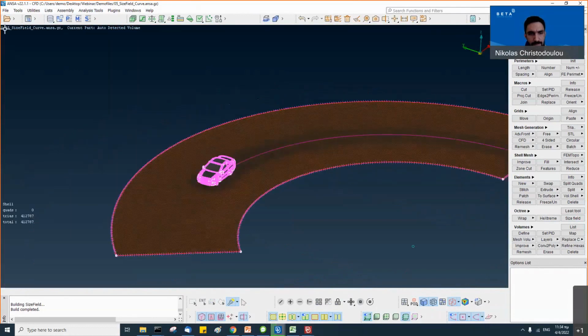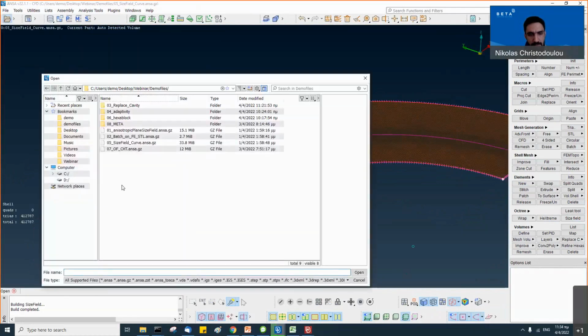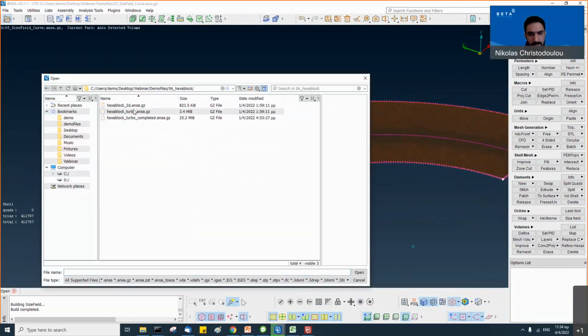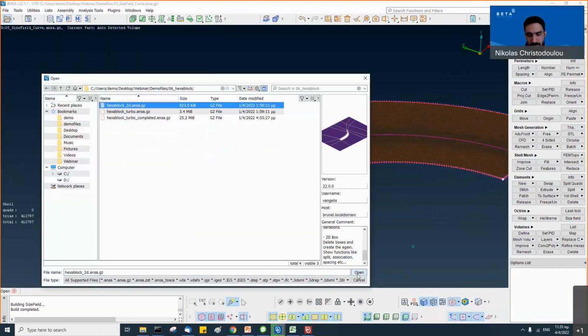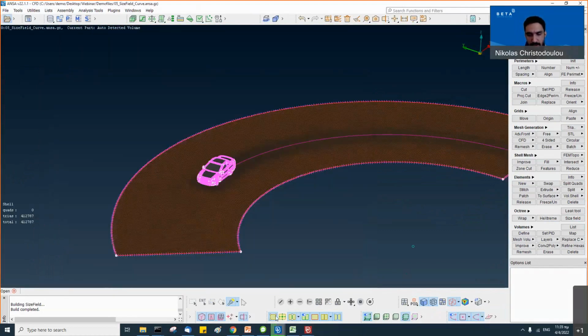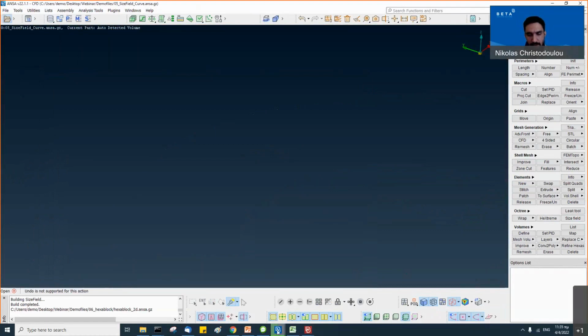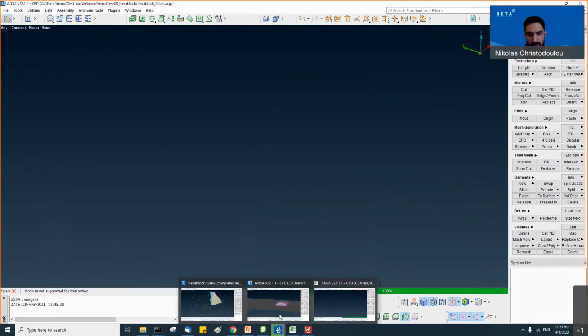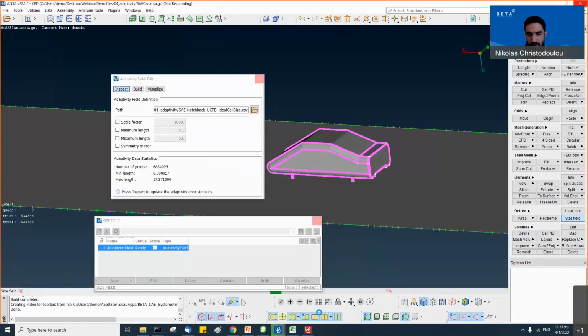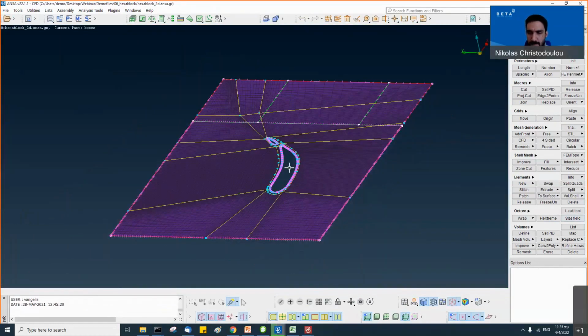Okay, let's move on. Okay, let's move to the hexablock now. Still I have running the inspect function here that I'm going to show you. But in the meantime, let's see the hexablock functionality.